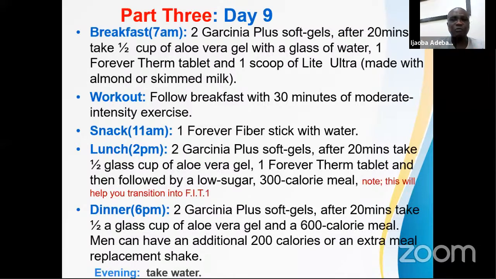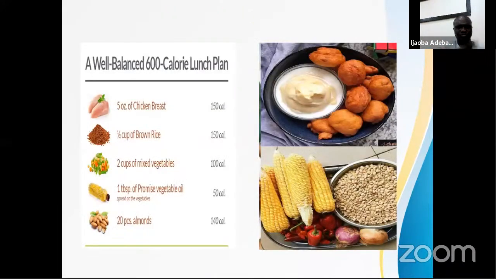Ladies and gentlemen, if you can follow this, and I'm not being boastful here, I've never given out a C9 pack to any individual who comes back and tells me it does not work. What we do with my wife is that we follow through, and at a time, she even danced with them. That is more reason you don't just give the C9 to your customer. You follow through. If need be, you can do the workout with them so that you can give them that encouragement. Then you can encourage them on how to prepare the 600 calorie meal, then the extra 200 calories. If you are not giving the Lite Ultra, you can just prepare the meal in proportion.